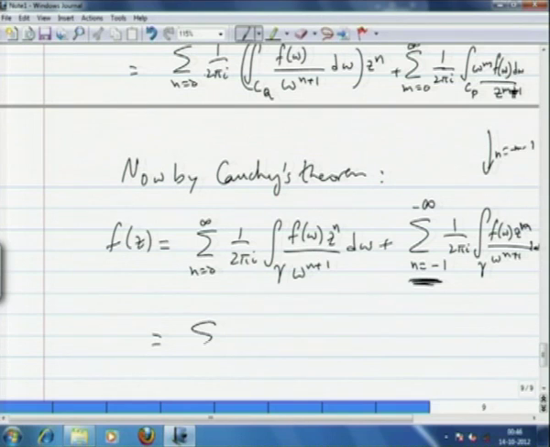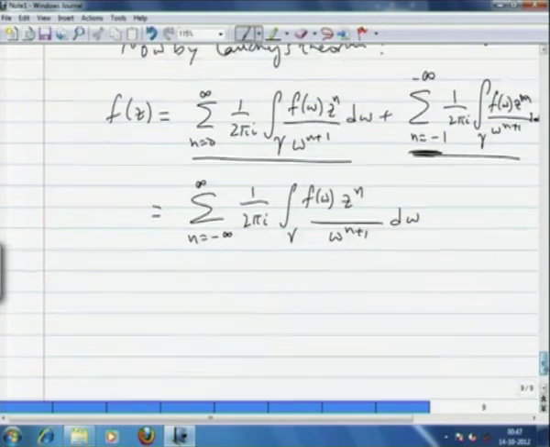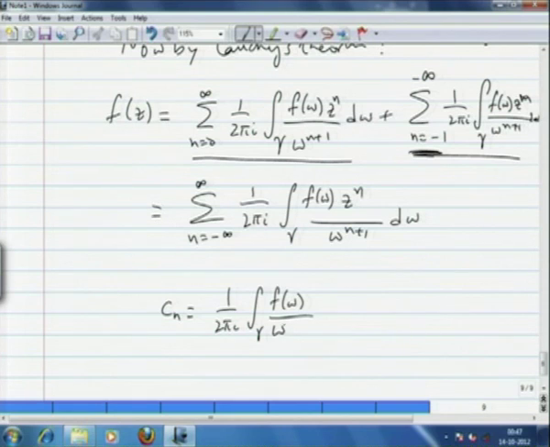This is equal to sigma n equals minus infinity through infinity. So, firstly both of these converge, of course, okay, and then this is equal to n equals minus infinity through infinity of 1 by 2 pi I integration over gamma of f of w times z power n by w power n plus 1. Both these now look the same, okay, dw. Okay. So, your C n is indeed 1 by 2 pi I times integration over gamma of f of w by w power n plus 1. Okay. So, that completes the proof of